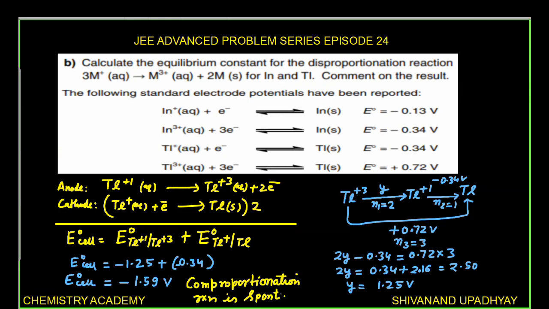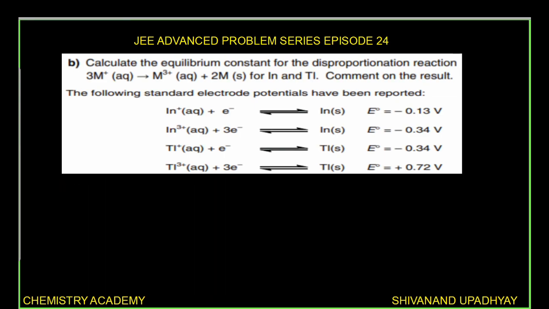So we can say that if thallium is present in the +1 oxidation state, it is not going to disproportionate. So the disproportionation reaction of thallium +1 is non-spontaneous, while the disproportionation reaction of indium +1 is spontaneous. Since we have to calculate the value of the equilibrium constant for both